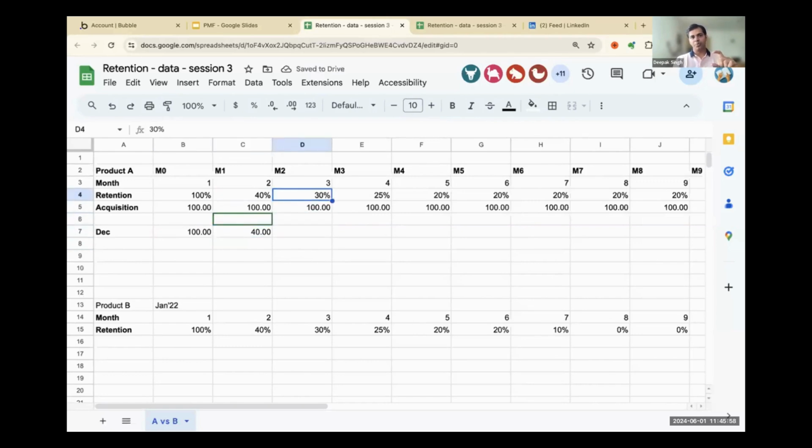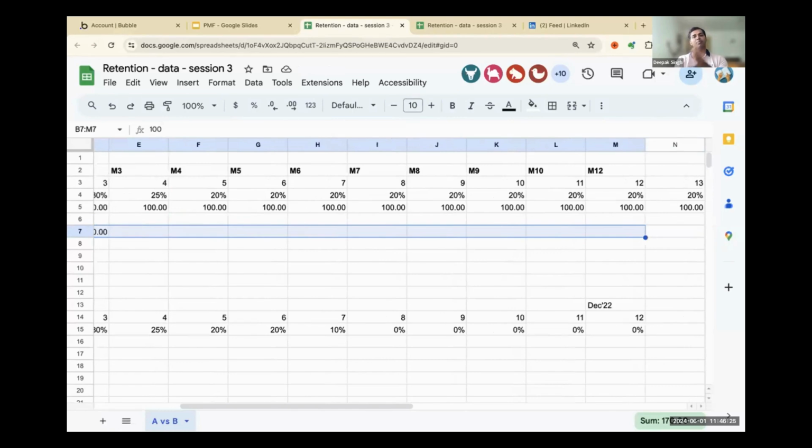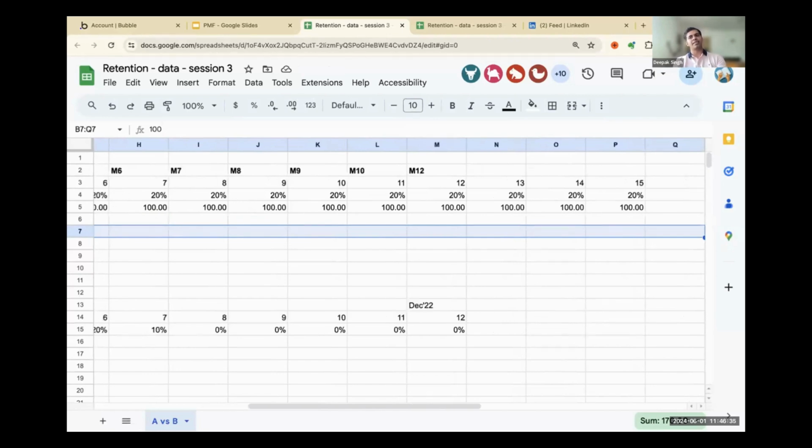And in month two, from October, of the 100K people who came in October, only 30% are coming back by December. So the people who are coming in December of those people is actually 30K, and so on and so forth. And you'll add all these numbers to calculate the number of people in December. But if I ask you what happens the month after, you will see that another 20K gets added, another 20K gets added and all that.